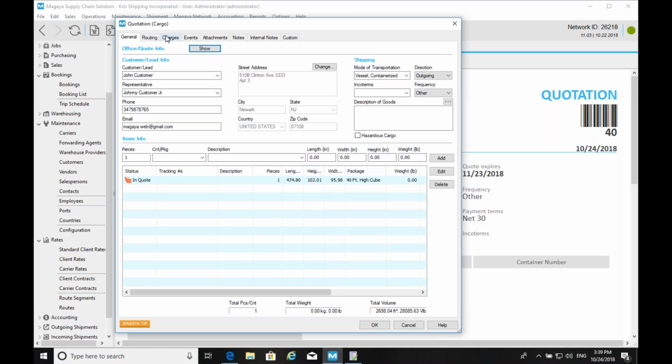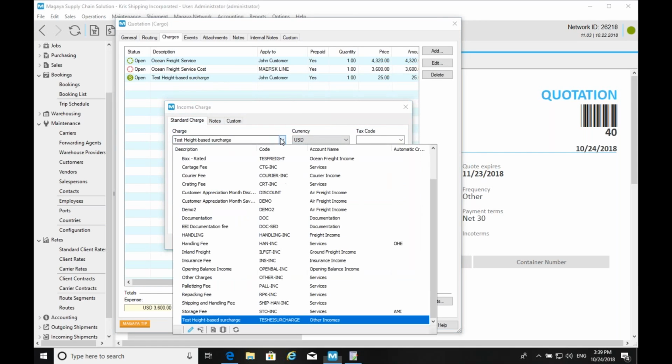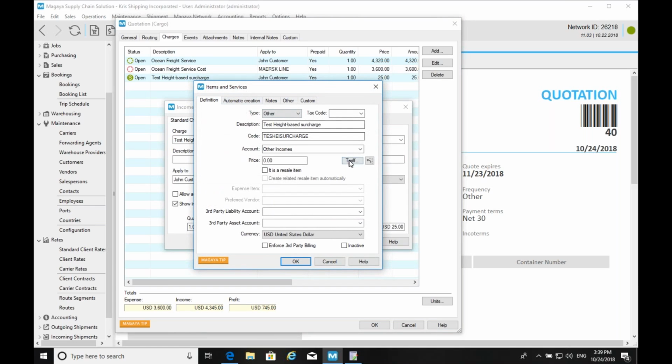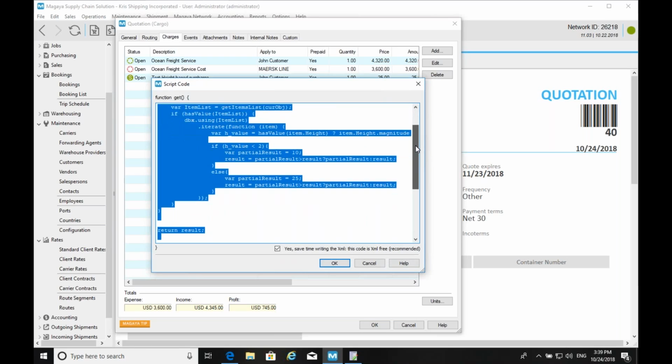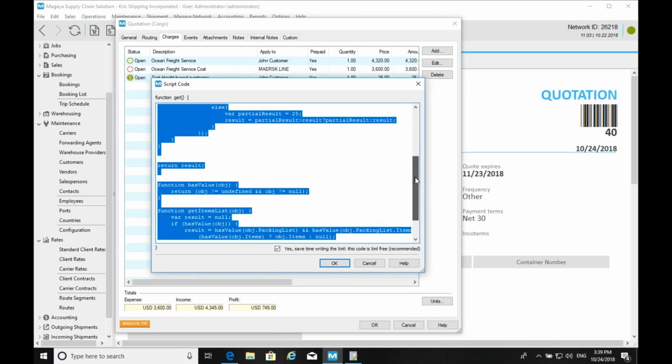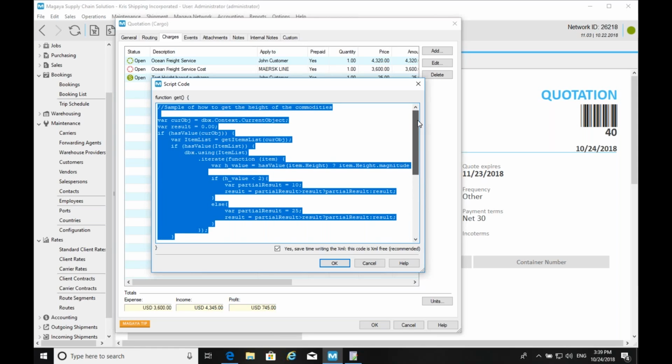So I was talking the other day with a customer that was looking for a more specific formula, and Magaya just wasn't... we had volume based calculations, but there was nothing that we could do height based. So you could go in, and I'm going to show you the code, of course. I'm not expecting that we all write this, but with a few lines like this on the item itself, our developers in the implementation department can help you write.